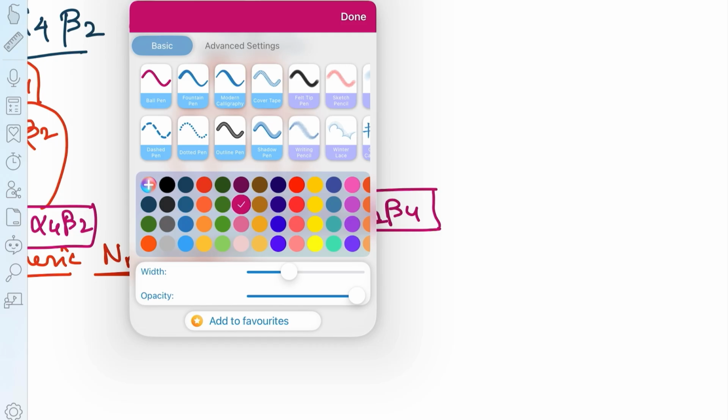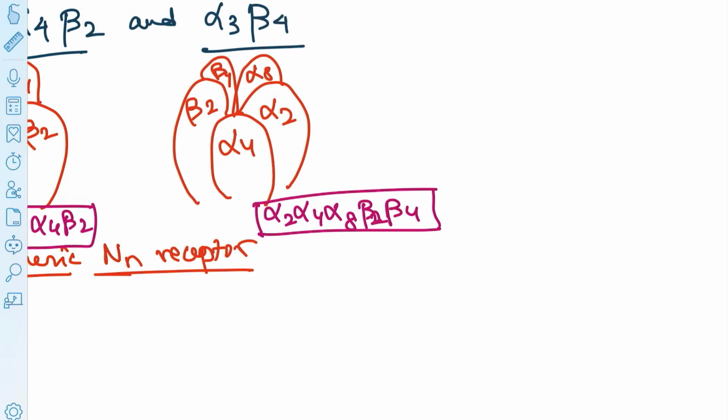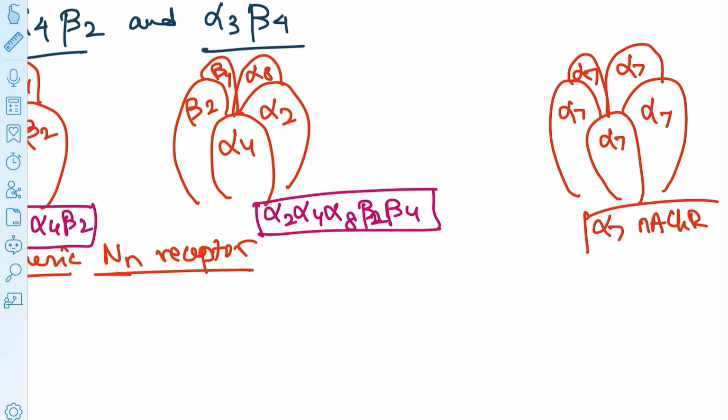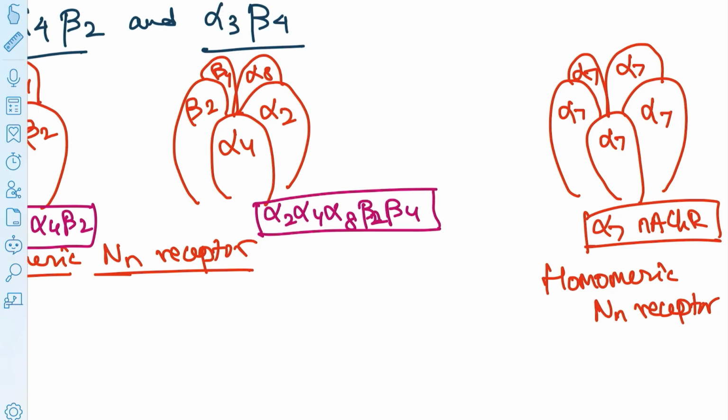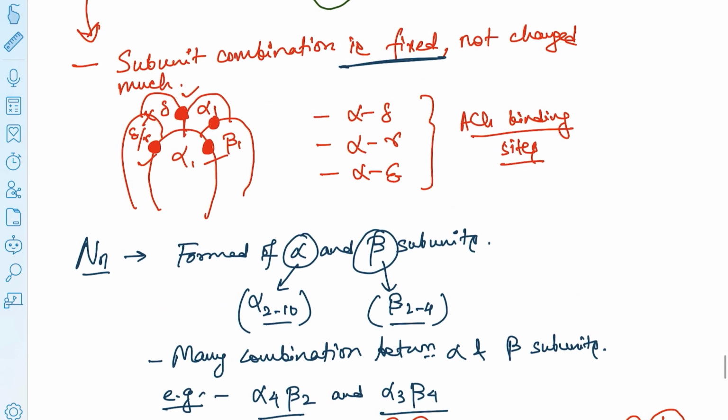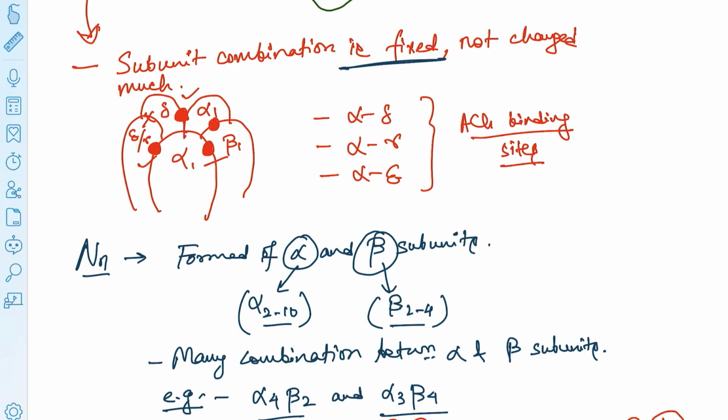Now in case of homomeric nicotinic receptors, what happens is, suppose we have the 5 subunits, the subunit is always the same, it is always 5 subunits. And suppose we have alpha 7, okay. So alpha 7 will be present in all the 5 subunits, so it will be alpha 7 nicotinic acetylcholine receptor, just a simple name, right? And this is obviously a homomeric N receptor. Homomeric nicotinic receptors are not very common in case of NM, but NN usually forms homomeric nicotinic receptors as well